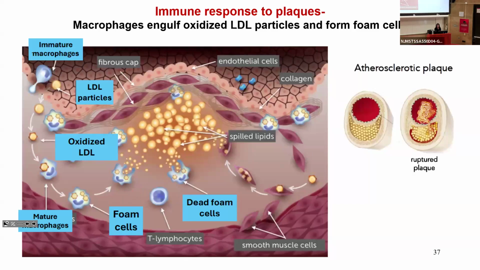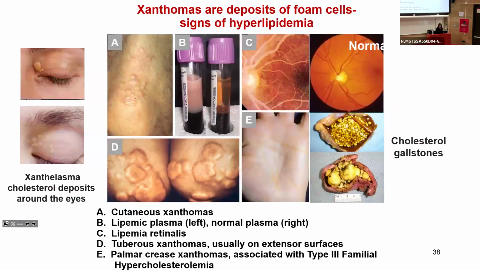Okay, and I'll show you in the next picture examples of what these foam cells will actually do in the body. And so they can then release a lot of these contents, dead foam cells, right? They die. And now this is what's exacerbating this whole process, which is shown here, underneath here, as this atherosclerotic plaque forms. But so the foam cells form these things that can be called xanthomas, and like cutaneous ones could be around the eye, eyelid, extensors, maybe around the elbow,